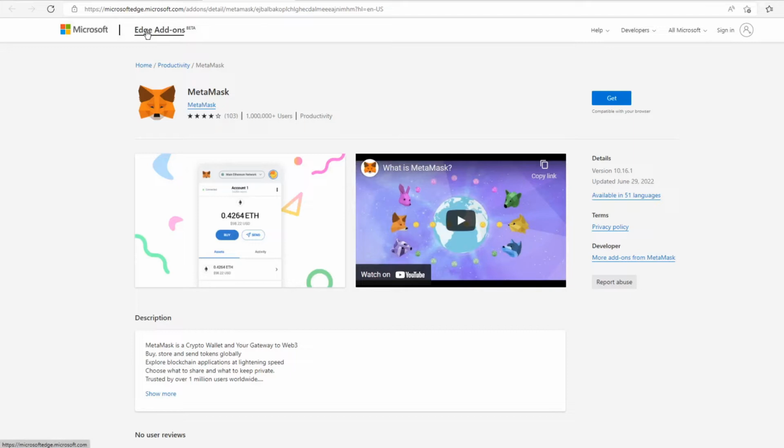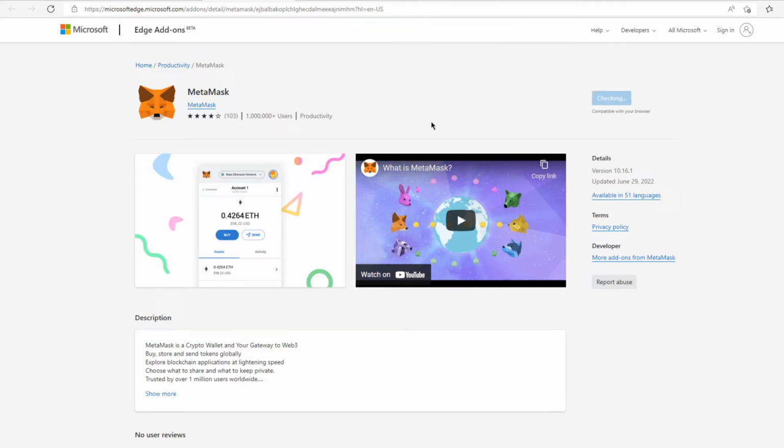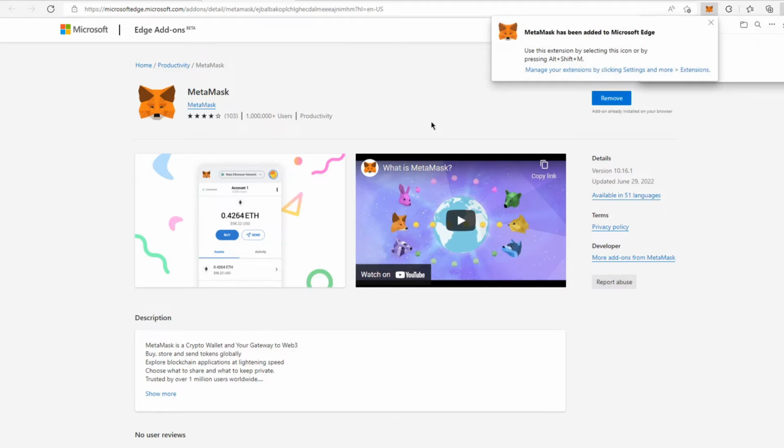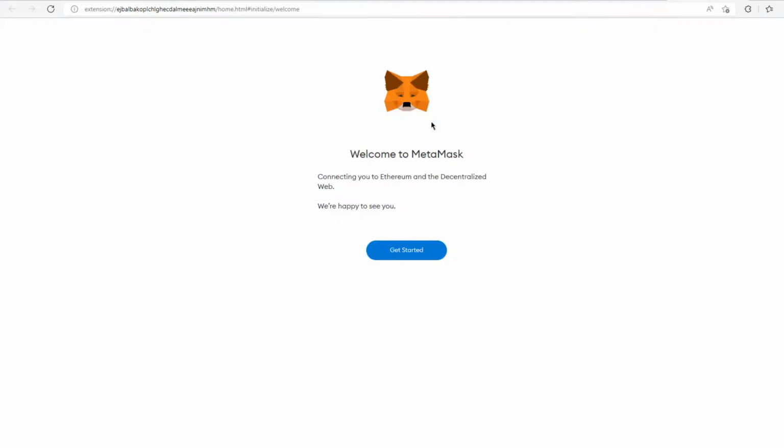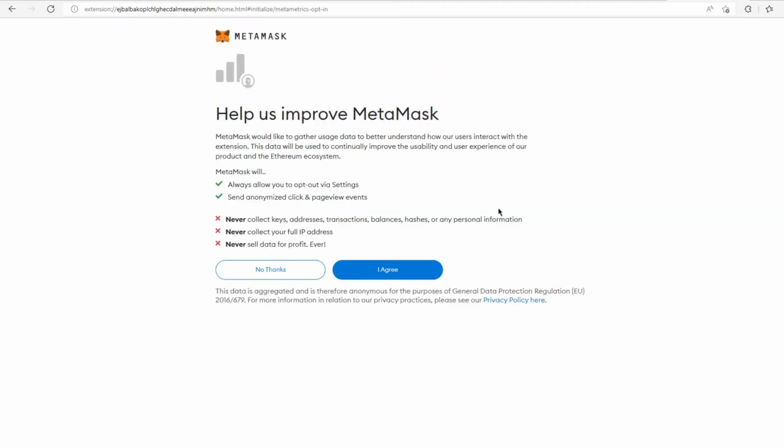In this case, it has referred us to the Edge add-ons page, where we're going to click on Get, Add Extension. It will download the extension, install the extension, and as soon as everything is ready to go, we'll be prompted to set up our MetaMask. And there you go, it's very quick, very straightforward. So all we need to do is to click on Get Started. We're going to create a new wallet,